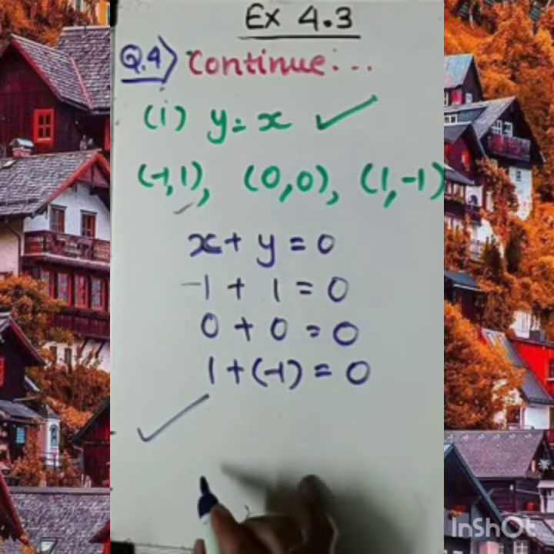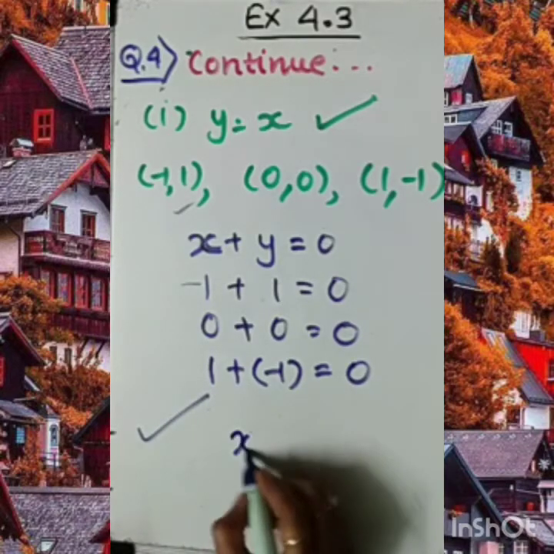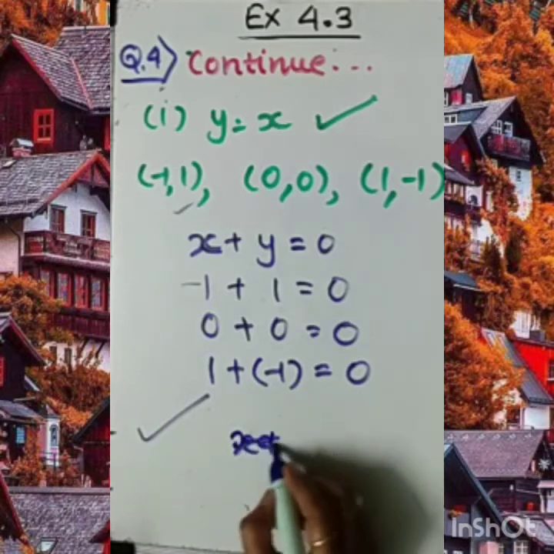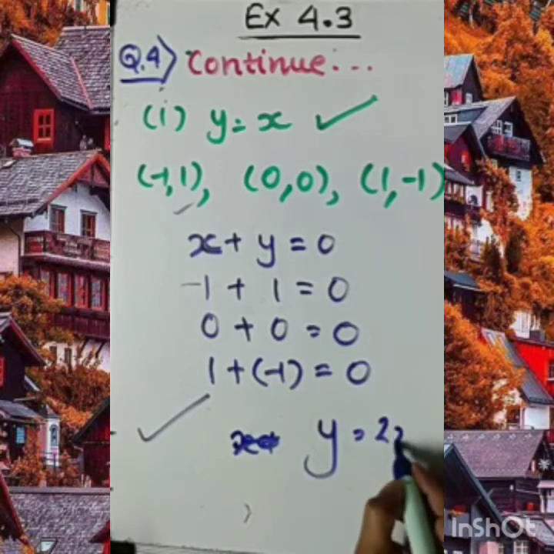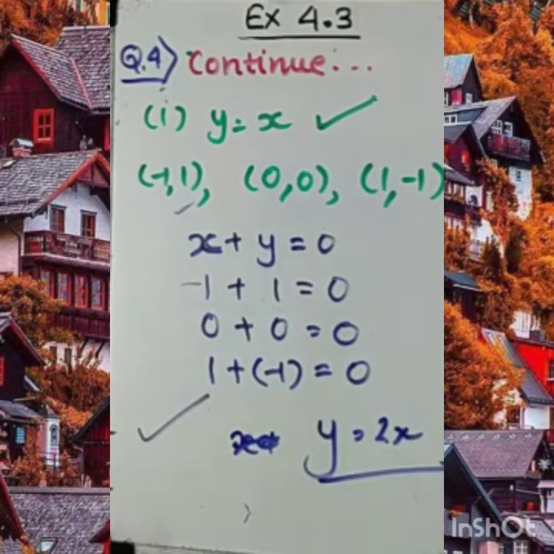Therefore the correct solution for that is y equal to 2x. This is the correct solution. That is given in the third part. So please tick mark the third part here, and whatever option you feel is correct, you need to mention it in the book itself right now. Okay. Now we'll go with figure B also.